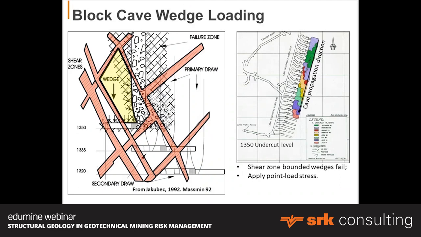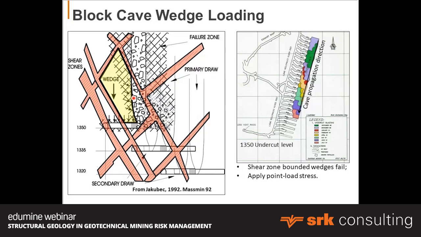Right, so imagine now we're undercutting this rock mass, and in this scenario we're starting this side and moving this way. And these are the large shear zones coming through here. We undercut it, and what we create is a big wedge that can simply sit down and squash your tunnel infrastructure there on your undercut and development levels. This is not the ideal situation. This happens in mines, and